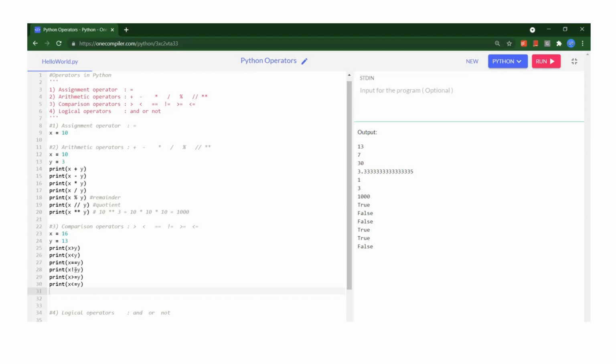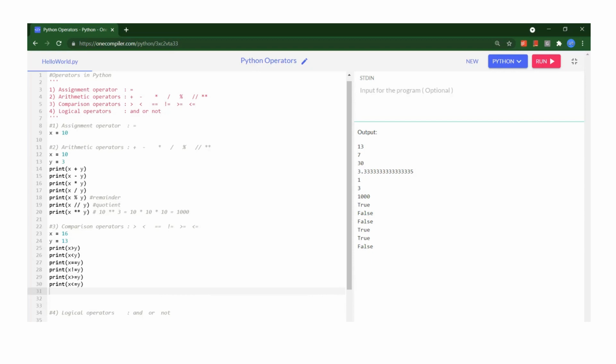Then we are having not equal to, like the name is telling, 16 not equal to 13. So that is true. And then we are having greater than equal to, less than equal to. So this is true and false based on these values. Very much we can say these things are the same as we used to do in mathematics also: equal to, less than, greater than equal to, less than equal to, same kind of things. But just remember these are the operators we are having in Python.